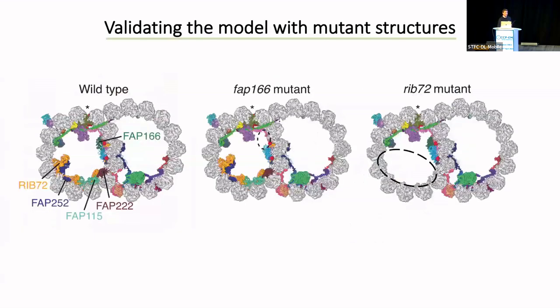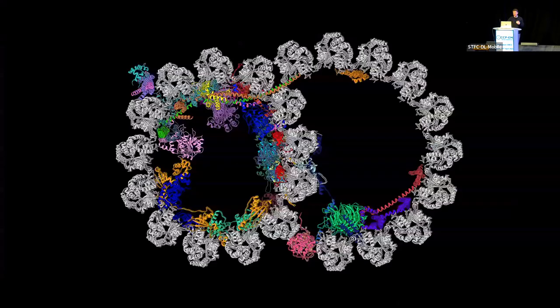One of the great things about Chlamydomonas is there's a pre-existing library of mutants. So we're able to validate our structure by obtaining structures of mutants. This also, as well as providing validation, helped to reveal which MIPs are dependent on other MIPs for incorporation into the doublet microtubule structure. And we care a lot about these microtubule inner proteins because we think they have multiple